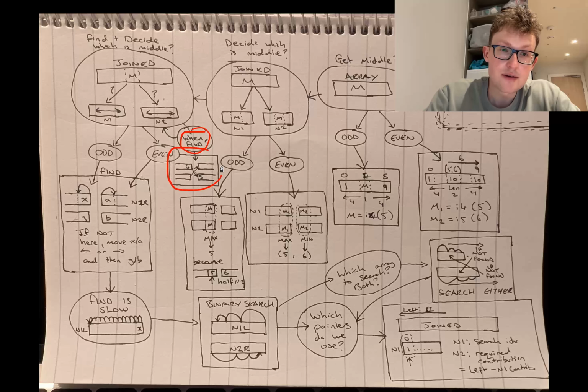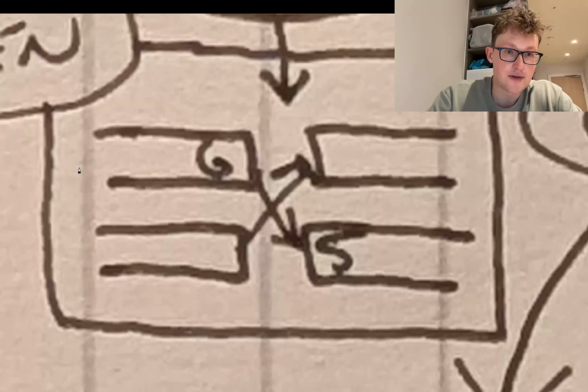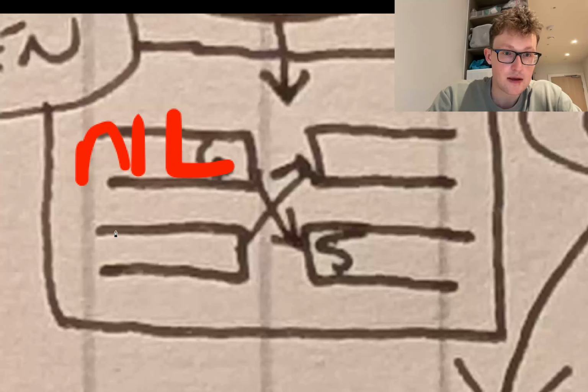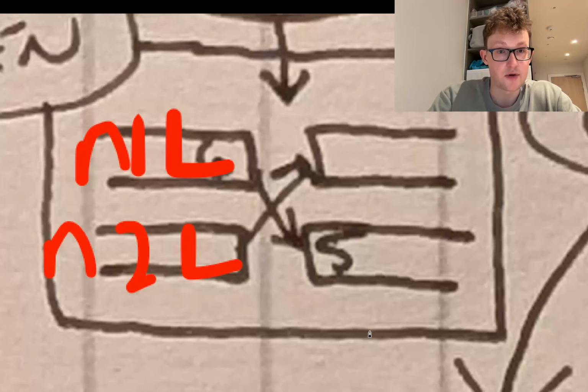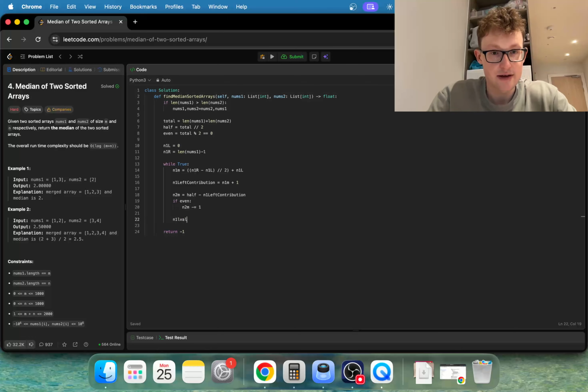And when do we find stuff? Well, we need to do it whenever the comparison here fails. So we make the values for the comparison. So we have the n1 left value and the n2 left value, and the corresponding ones for the other side. So n1 left value, I'll just type it out.